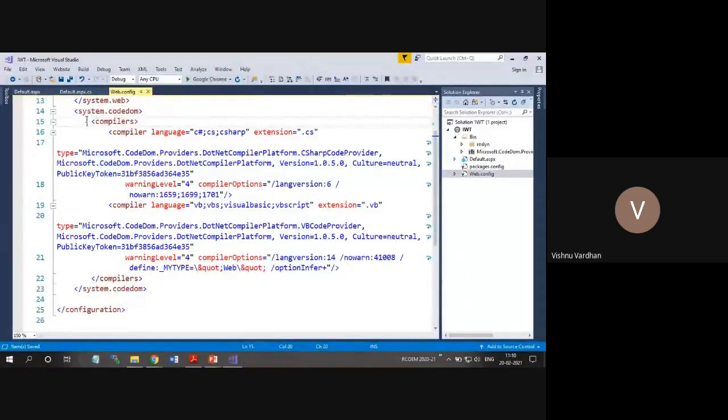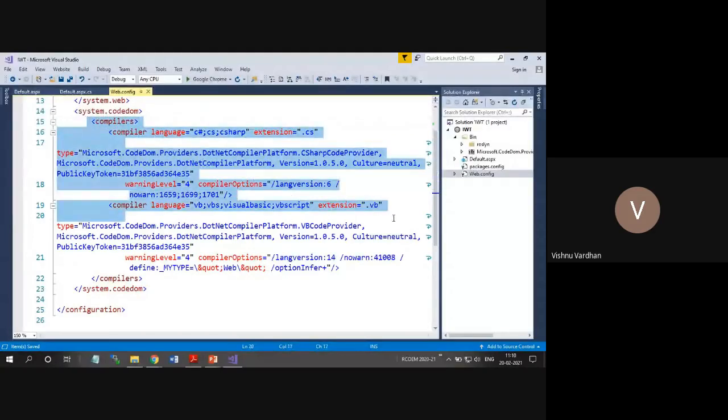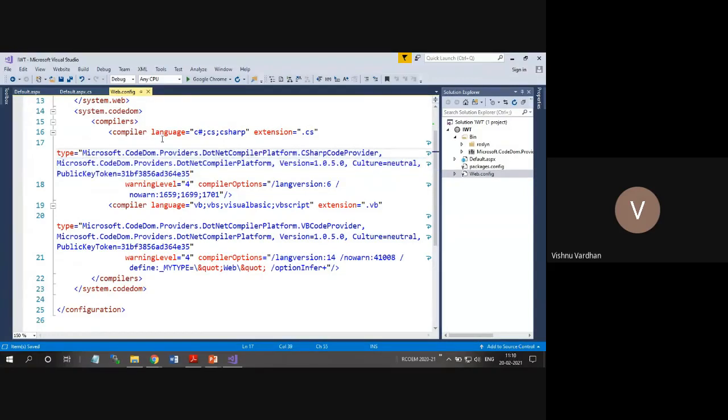So we can see there are many internal elements. Some are very big with all the namespaces and other things. And what are the languages that we have taken? So it is identifying that we are currently using C sharp, and the extension is highlighted by .cs. Okay, so all these are self-explicable, but some of the things which we are not getting, you just don't have to bother because it is from the .NET framework point of view. So we need not worry if we are not understanding that particular setting.